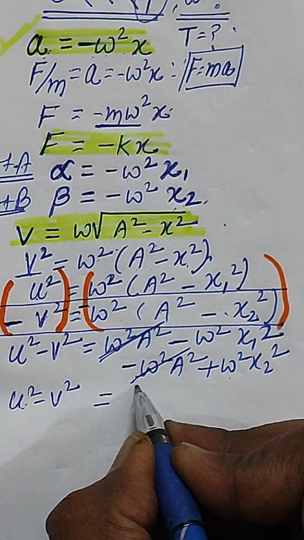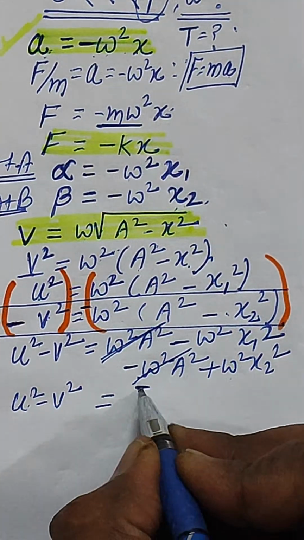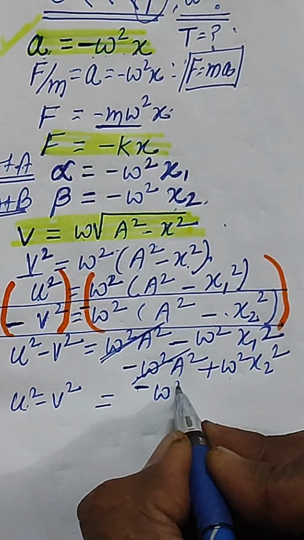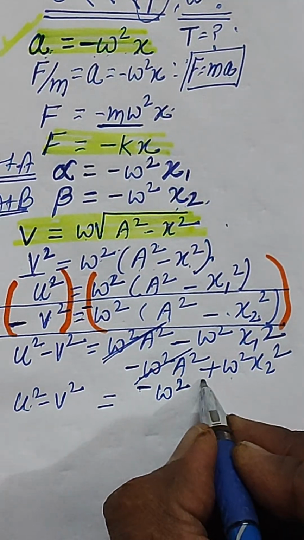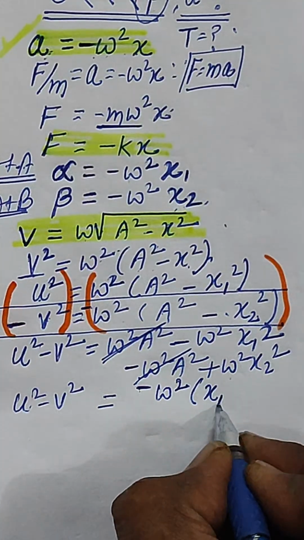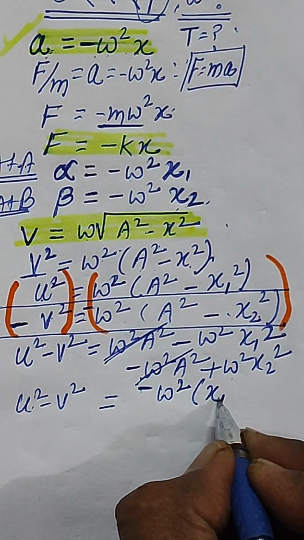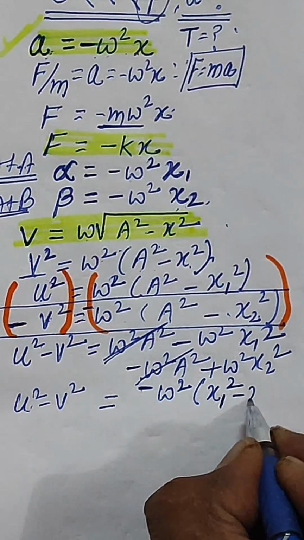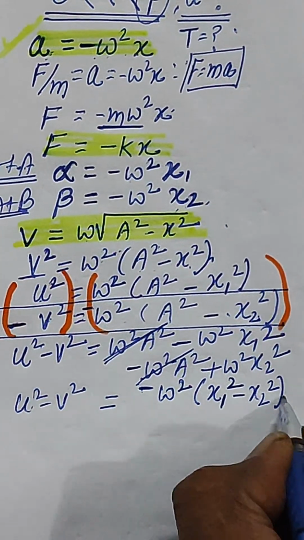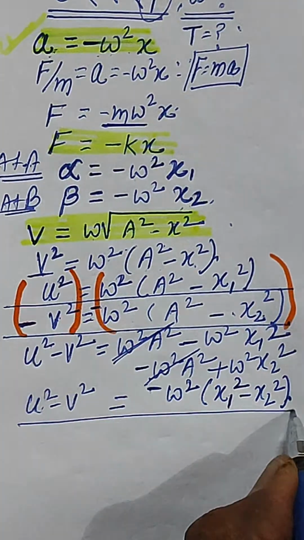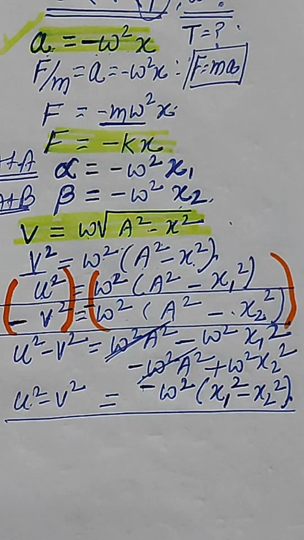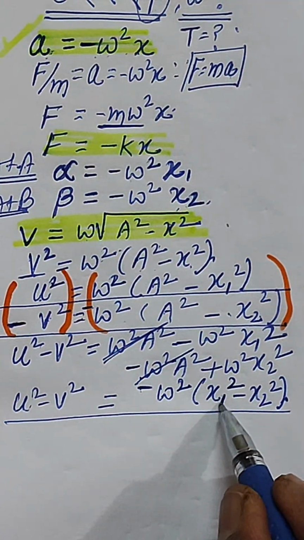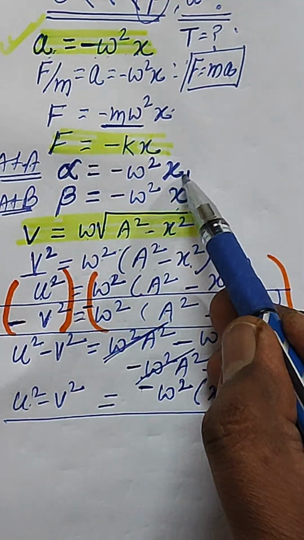We can write minus omega square, which can be taken as common, x1 square minus x2 square, right? This is the relation with us now. Now from here, what will be the value of x1? If you write the value of x1 from here,